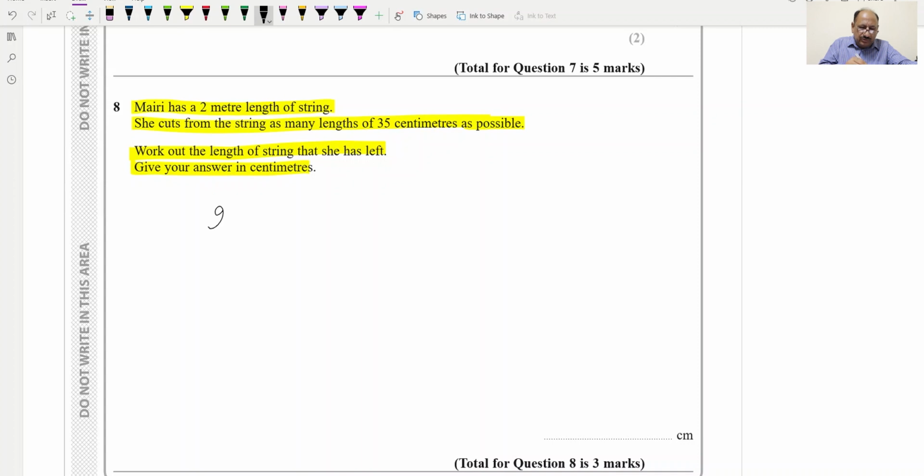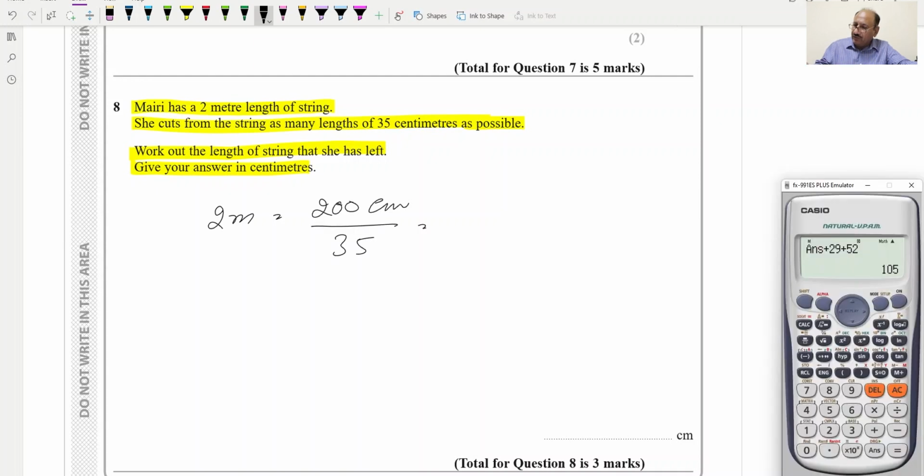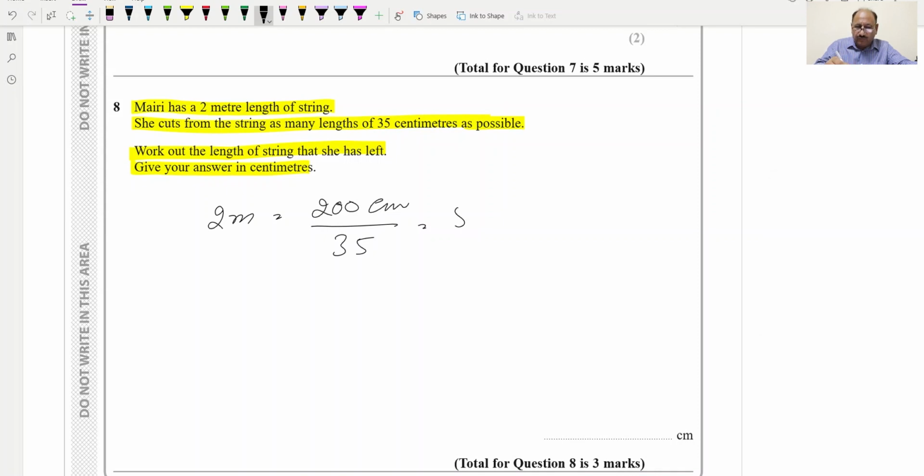So 2 meters is what? 2 meters is equal to 200 centimeters, because there are 100 centimeters in 1 meter. Now we'll be dividing by 35, and this will be equal to what? 200 divided by 35 is equal to 5.714. So now we figure out that